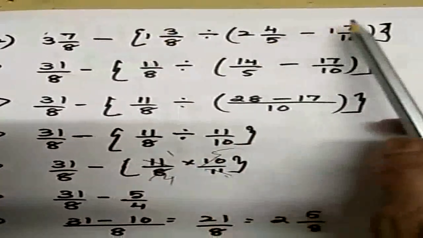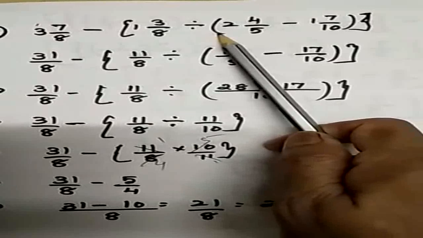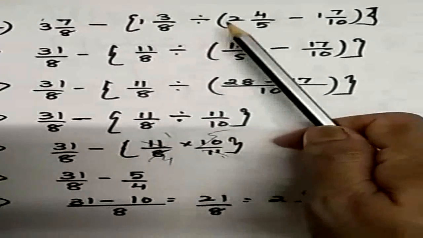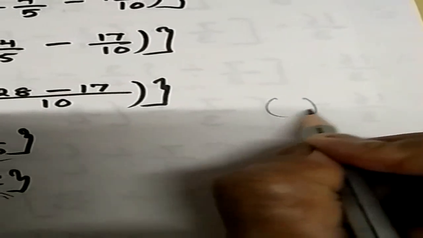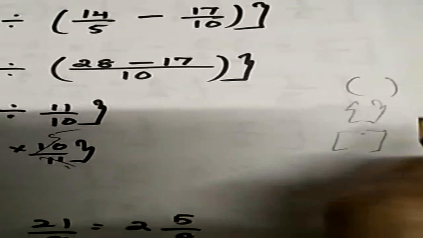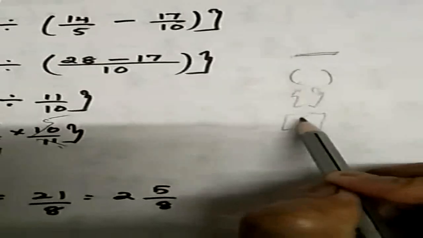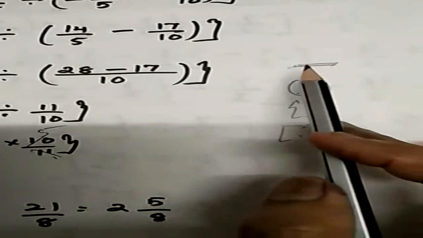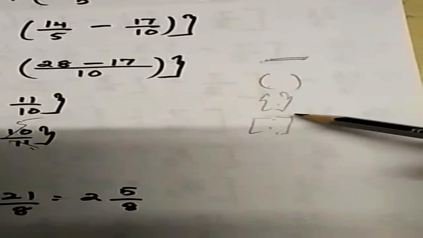Now inside the curly bracket, what is there? First the ordinary bracket. What do we call this bracket? Either we call it common bracket or ordinary bracket. Always first we will remove this. Then next the curly bracket will be opened, then the square bracket. When you go to the next year, class 7, there will be another bracket, that is the bar, called the bar bracket. Then common bracket, curly bracket, square bracket. So first you will open the bar bracket, then common bracket, then curly bracket, then square bracket. This is the way of opening brackets one by one.